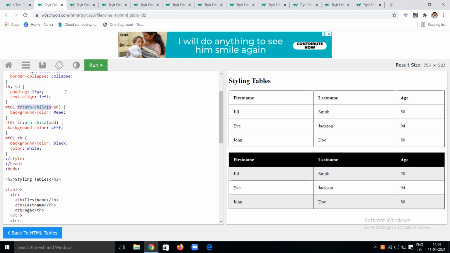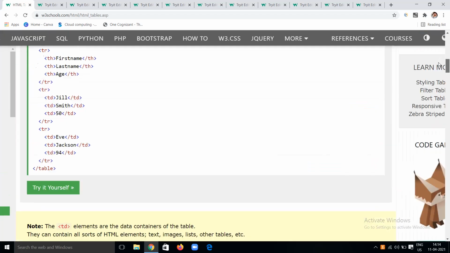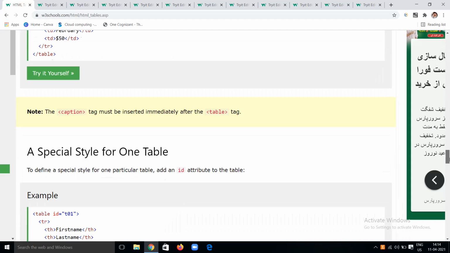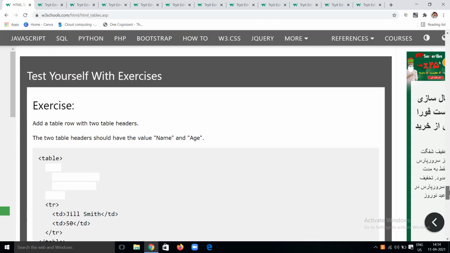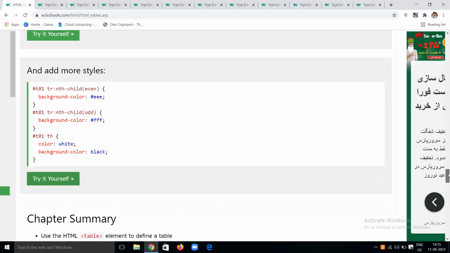You can observe here. Like this, in the previous example which you have seen in the web page, we saw the grayish part and the white part, and how this happens is understood here in the last example, by using this syntax, TR colon nth child even. For the even number of rows, the stylings we applied are mentioned there by using this syntax.